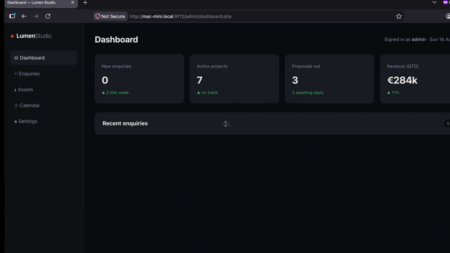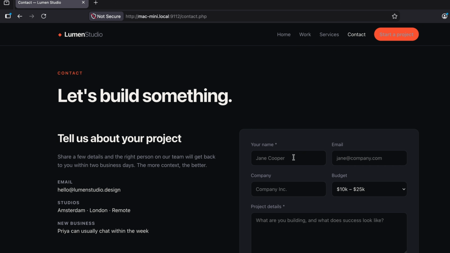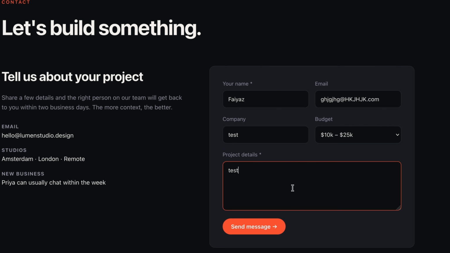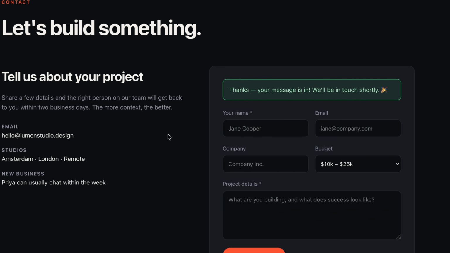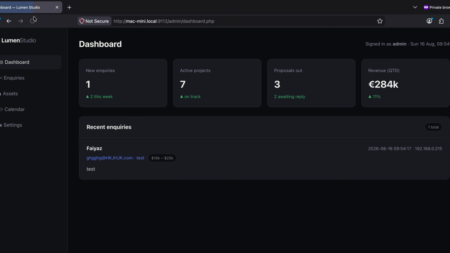So what we'll try to do is go here as an unauthenticated user and go to contacts. Okay, we'll try to fill this up. So I'm going to type my name right here. Let me just do something at the rate something.com, then test here as well and something here. Click on send. Let's go all the way here, and now as an administrator I'm going to refresh this page,